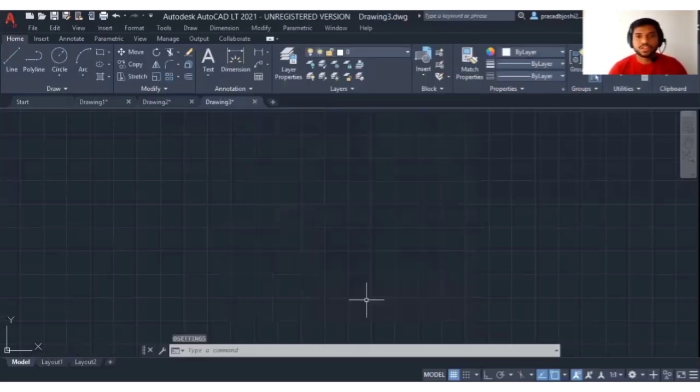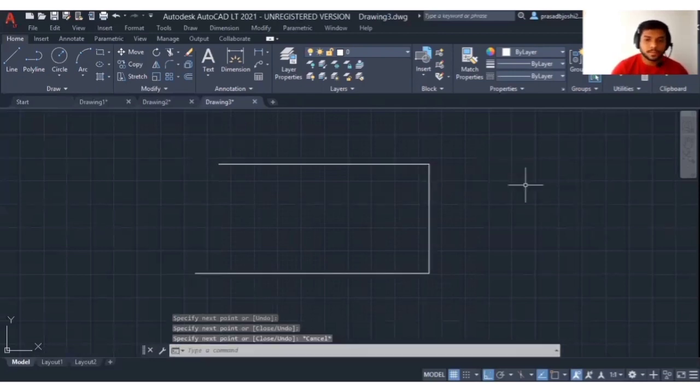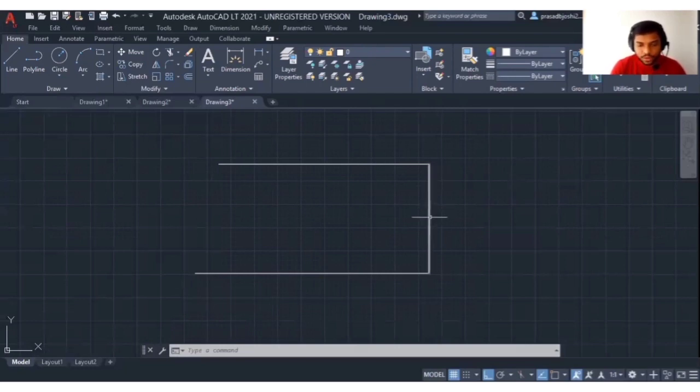I'll show you an example of what is the use of this object snap. We have the shortcut F3. First let's switch off this object snap. Here we can see the object snap was on, and now the object snap is off. Let's consider one line. We have drawn something, for example. Now we have to draw a line exactly from this center. So let's select line command.